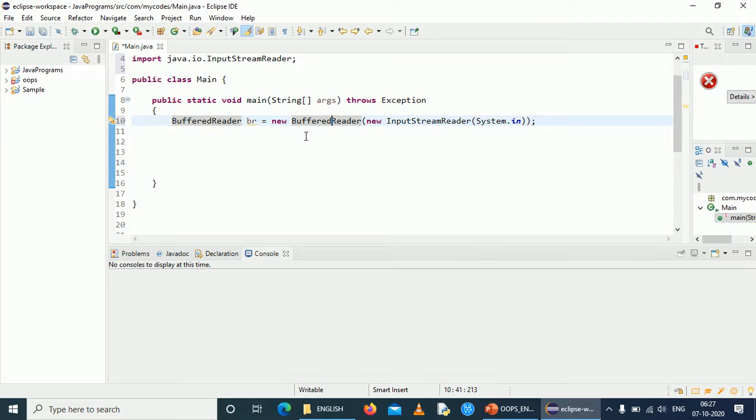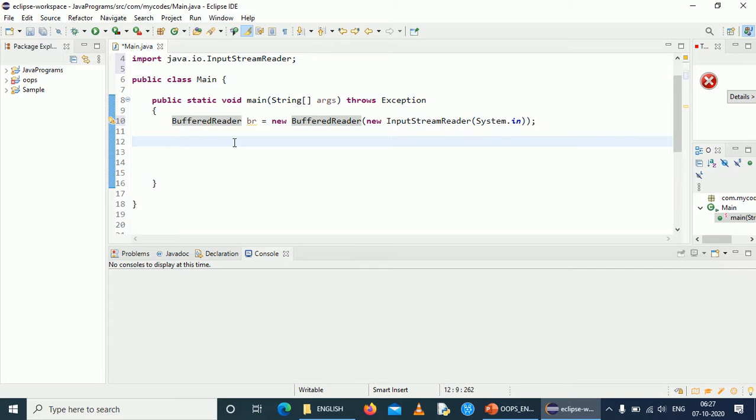In case there is no unread value, only then it will ping the input stream reader to get the value from the system.in. In case there is some unread value in the buffer, it will use that value. So this is a technical explanation.